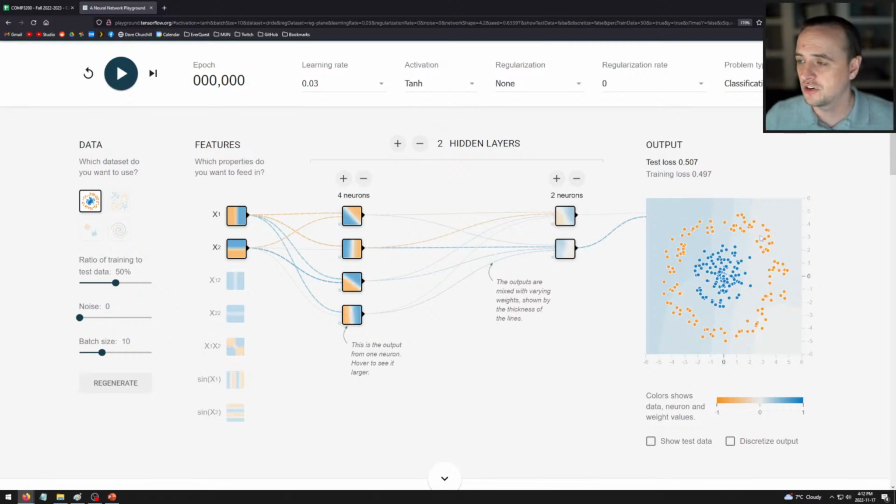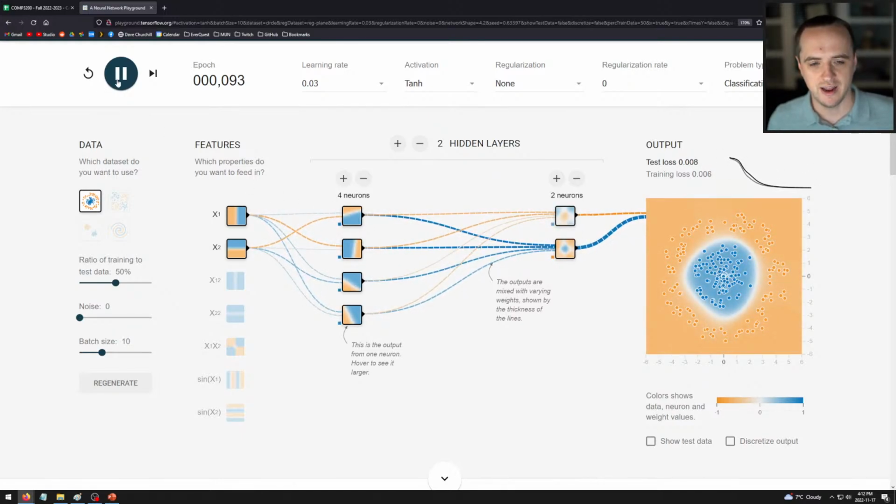So that's what the neural net wants to do. And if we click run here, we see that after a few iterations, we actually get a neural net which learns to correctly predict this. So this neural network has a structure. We have inputs, we have 2 hidden layers here, and we have an output.